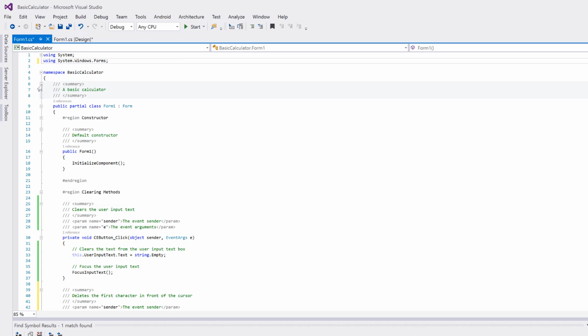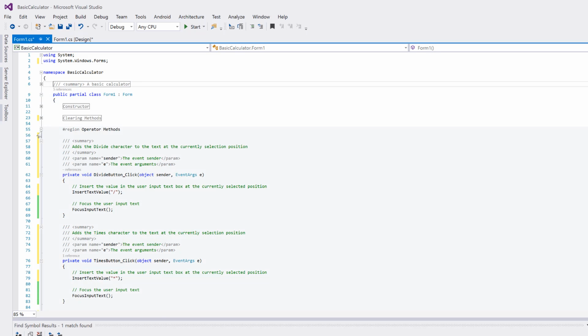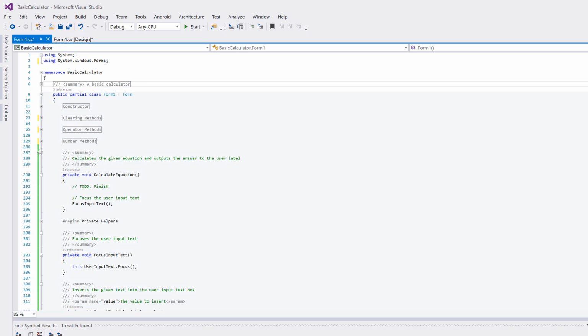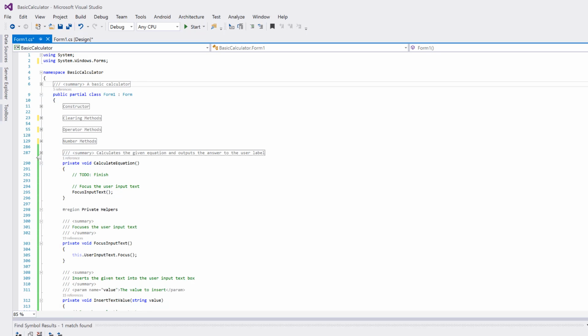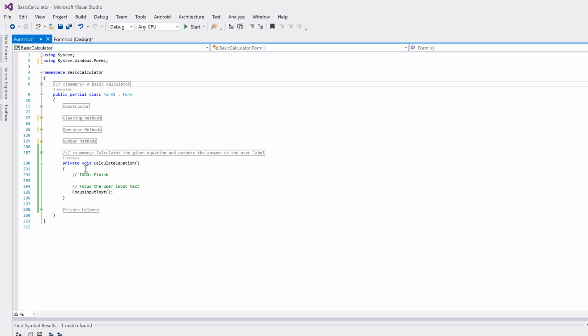Now we can go ahead and collapse the comments. So you can press the minus. Then collapse your regions. And then we've got this one function that's left that we haven't done yet. Collapse this region. And then you can see now, a class that's already 352 lines of code long, if we collapse the regions and the comments, you can nice and easily and really quickly browse through this class and